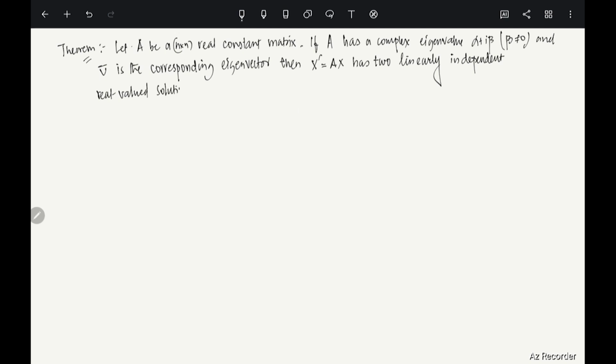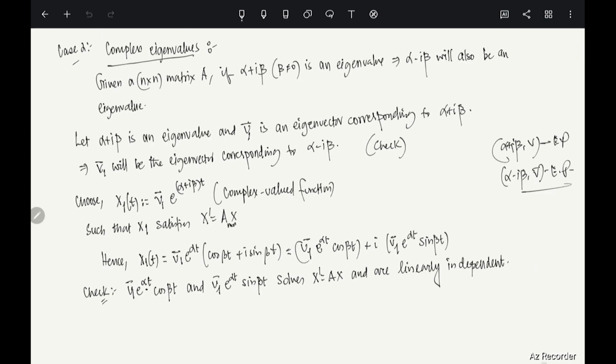And what are they? They are given by, let's just write it, x1 of t, which is v1 e to the power alpha t cosine beta t, which is nothing but the real part of x1. Okay, which is given by